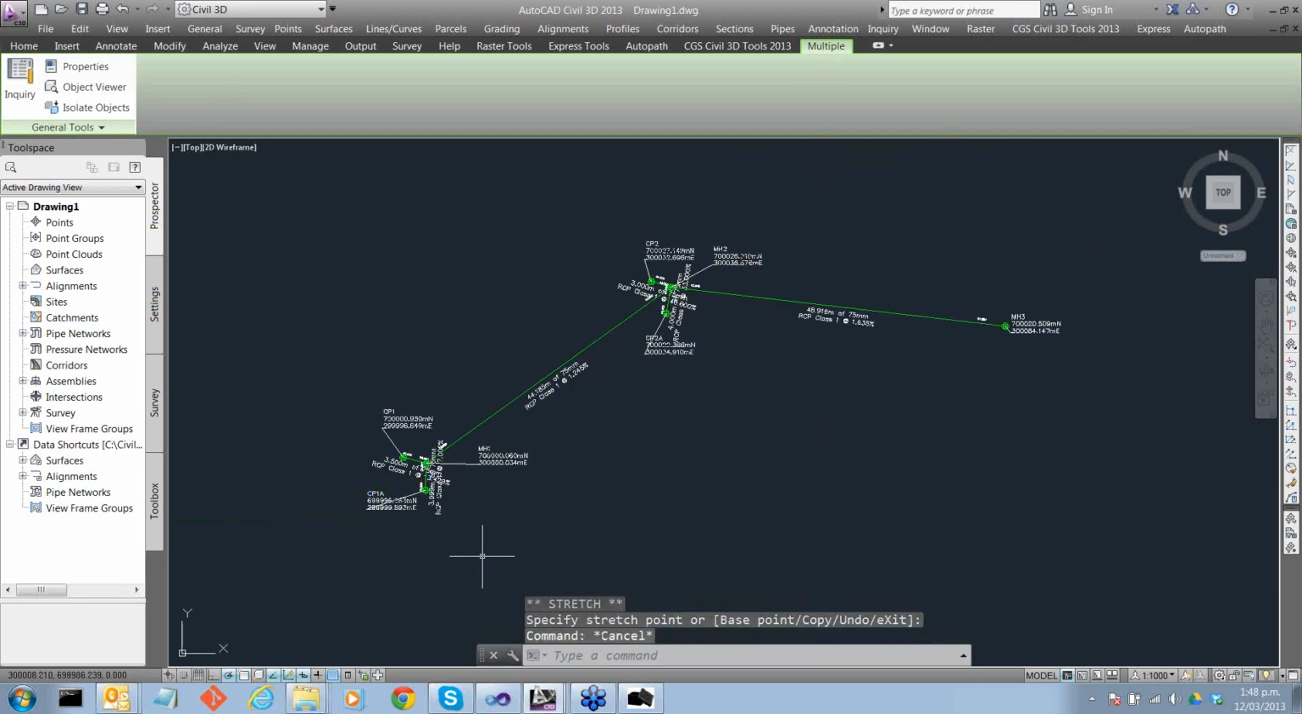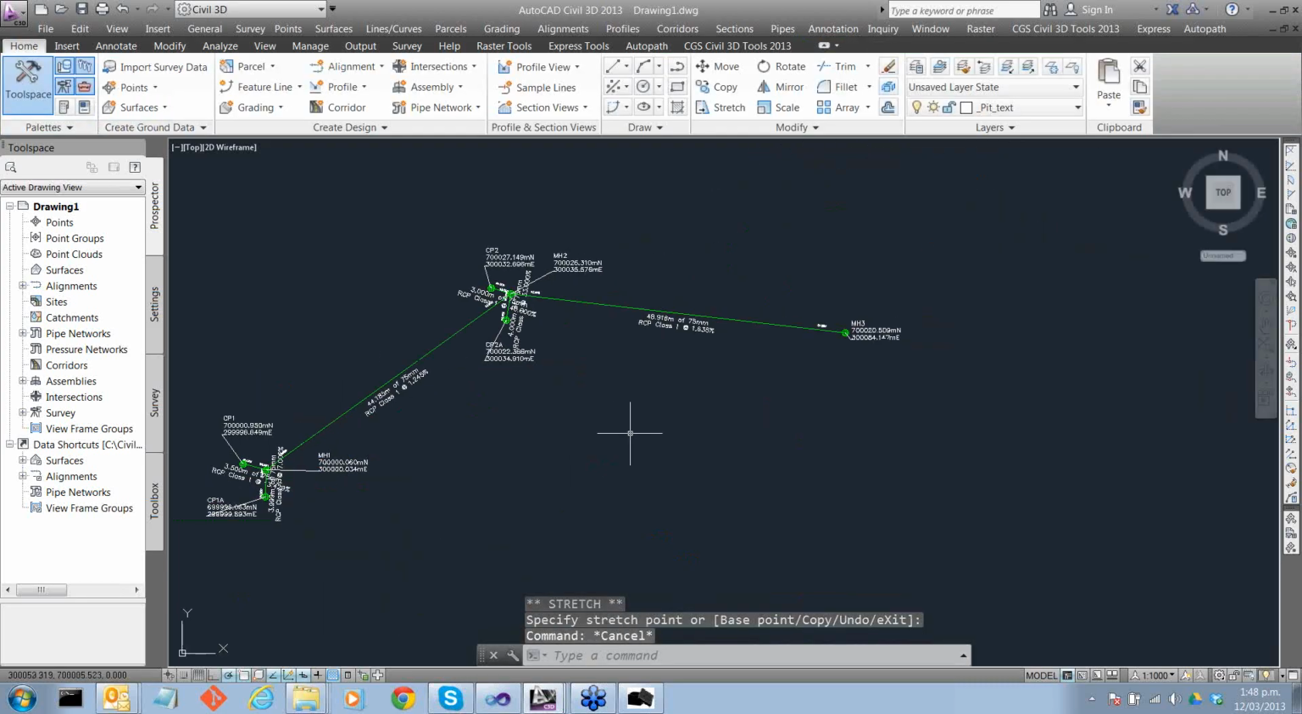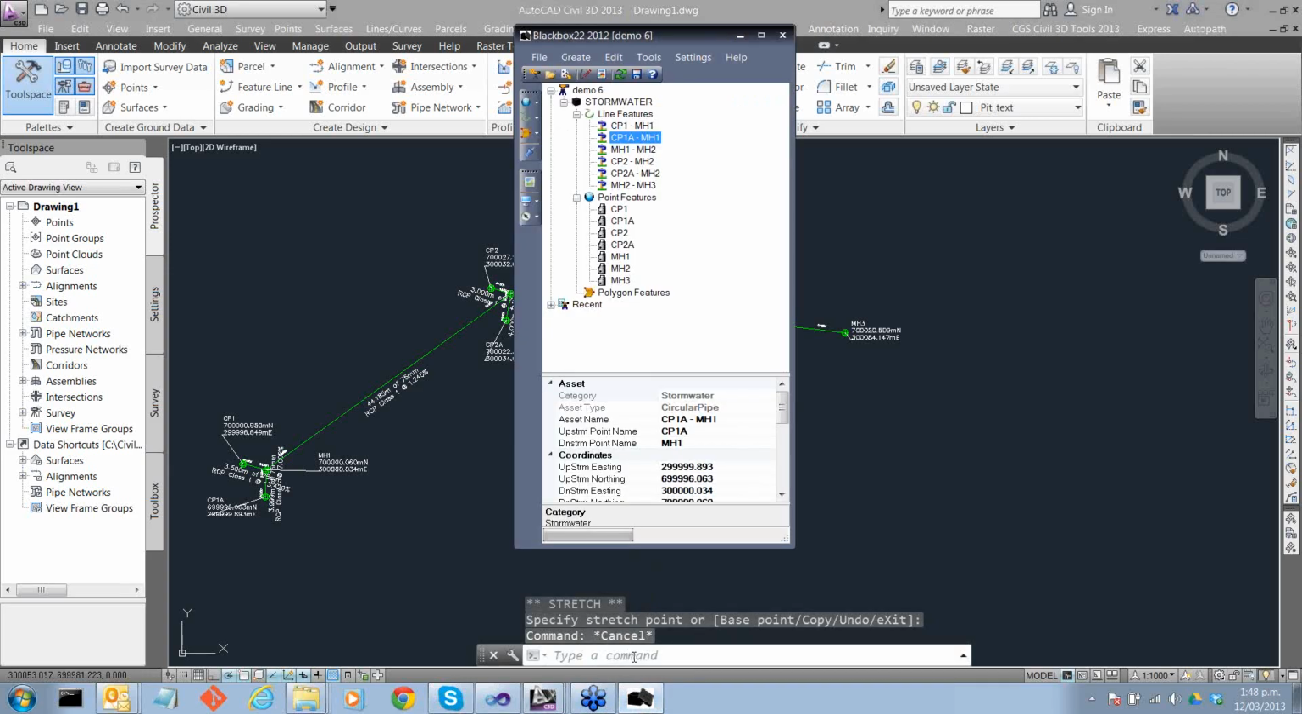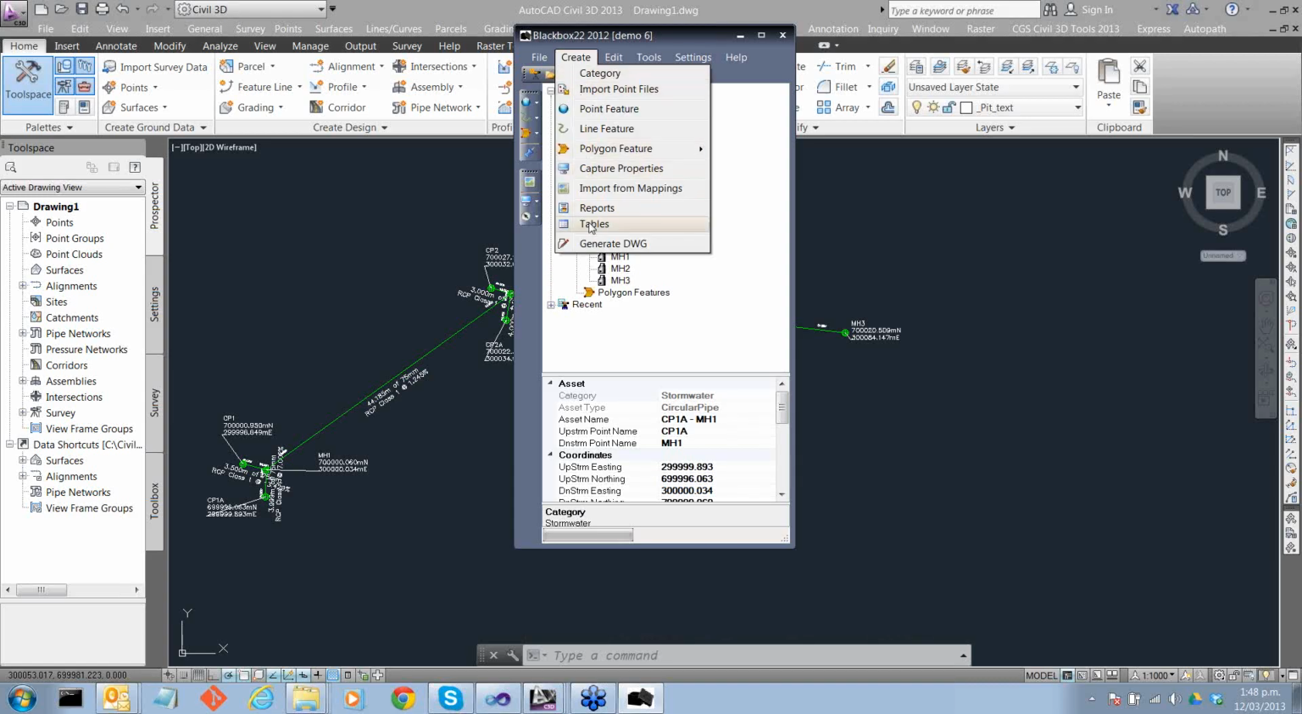Okay, so there you go. So now that's the drawing that I've just done. It's just produced that for me. Now if I wanted to create a table, I can. I wanted to show you guys invert tables. Now you can create tables of any kind, tables of all the different properties and their attributes that you have generated in each project. So to do that, I go into the Create menu, go down to Tables,